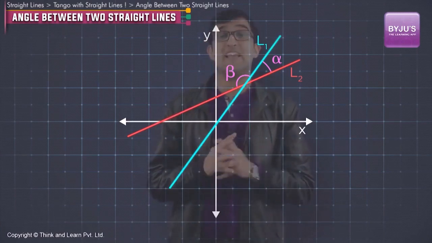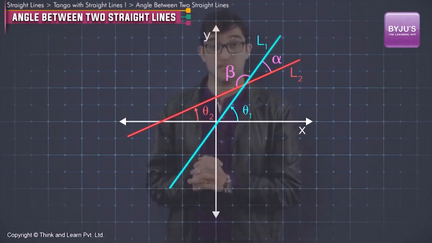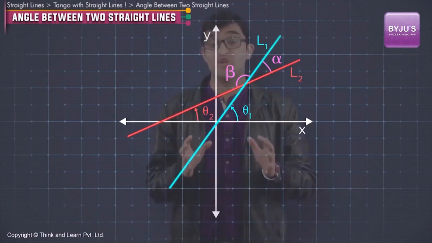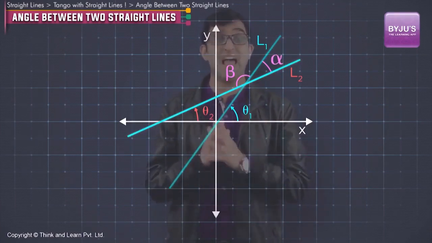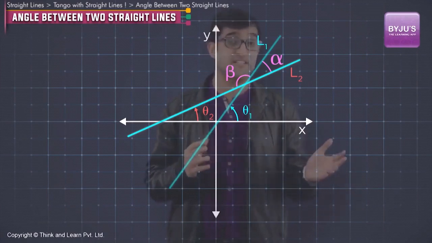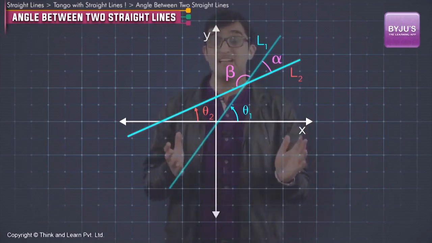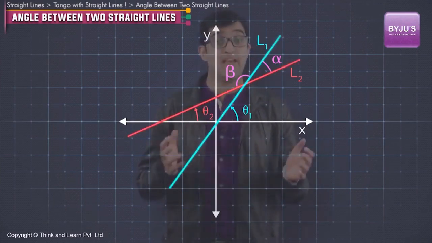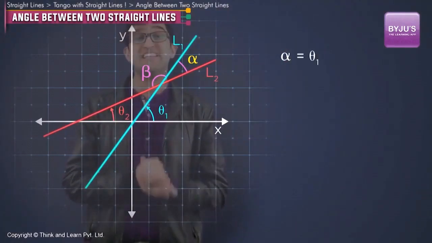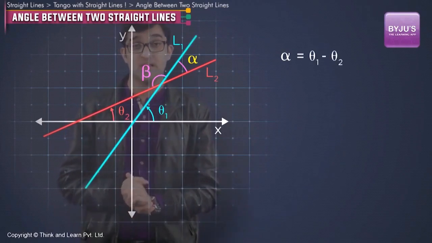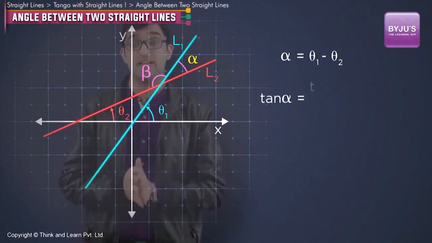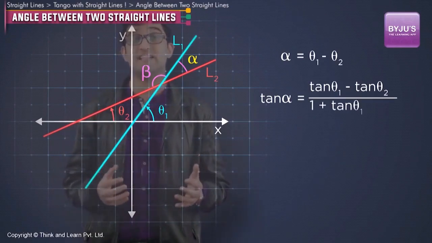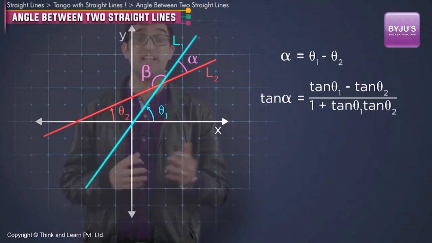These lines make angles θ1 and θ2 with the x-axis. If you see carefully, L1 should be rotated by an angle alpha to make it coincident with L2. This angle is nothing but the angle between L1 and L2 initially. So we have alpha equals θ1 minus θ2. Therefore, tan alpha becomes (tan θ1 minus tan θ2) by (1 plus tan θ1 tan θ2), which is nothing but